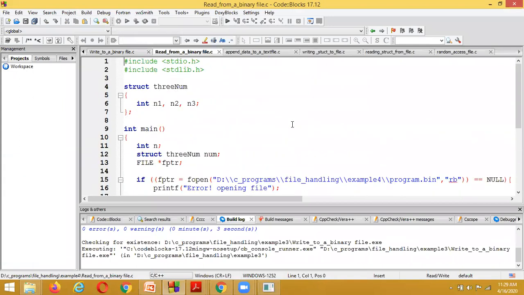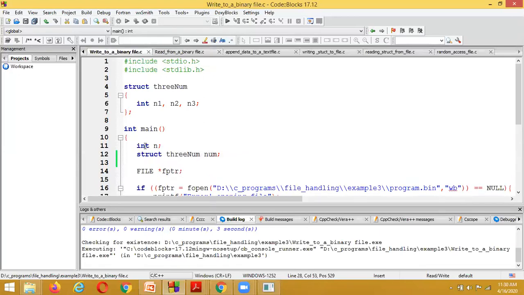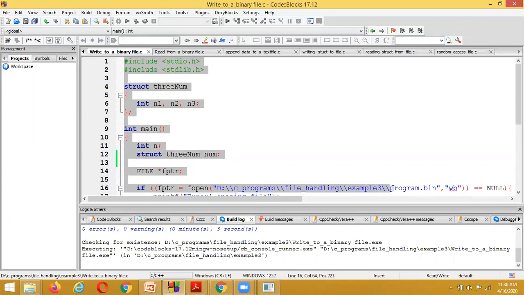All of you listen carefully here. Inside the previous program, we created a structure of three numbers. Here also we have created a structure of three numbers, and the same type of statements are indicated here. In the previous program we had these three statements up to here. Up to here, everything is almost the same.